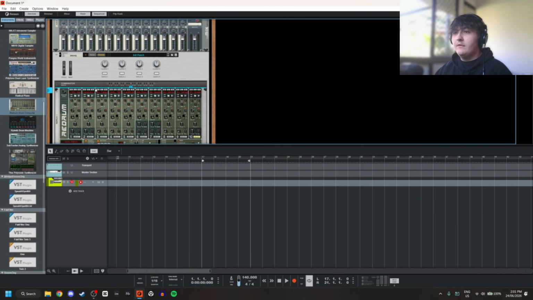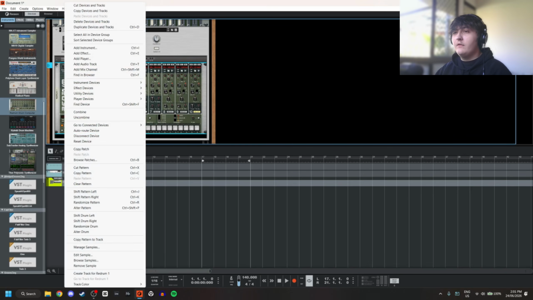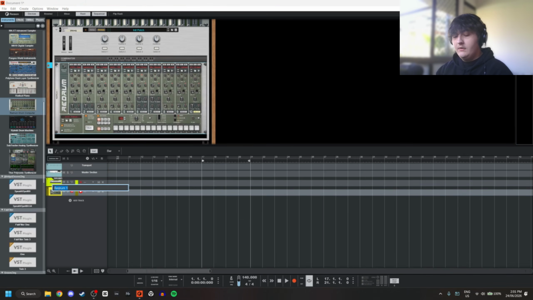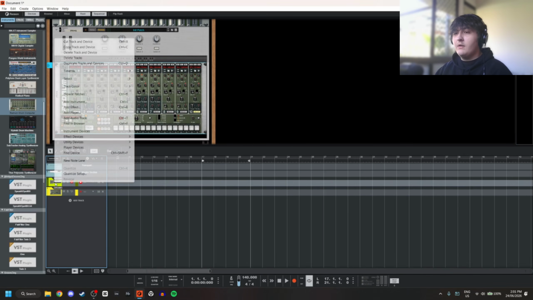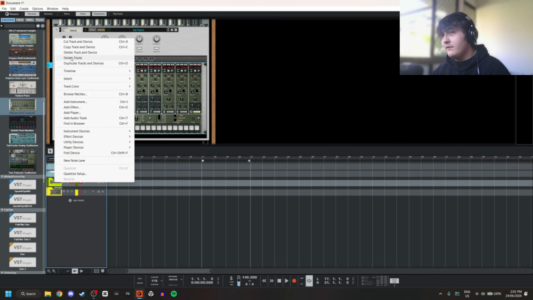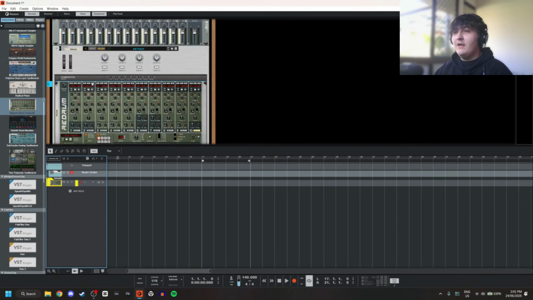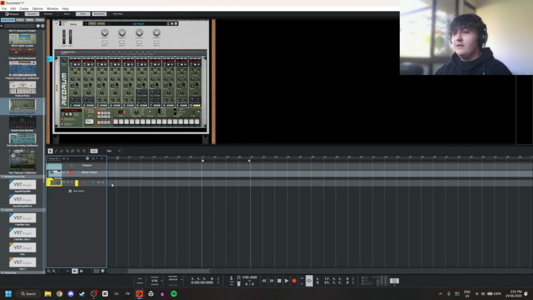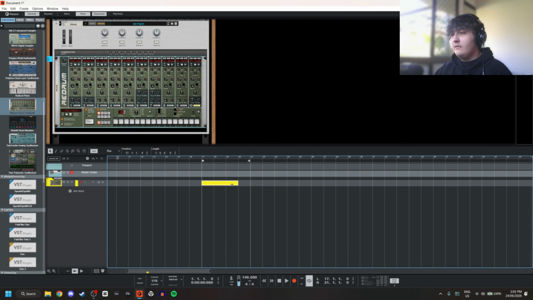And so what I'm going to do here is right click on the Redrum and click create track for Redrum 1. And I'm just going to rename this to drums, and then I'm going to delete the combinator track. Now it's important that you click delete tracks and not delete track and device, or this will completely delete everything. Nothing that Control Z can't fix, but